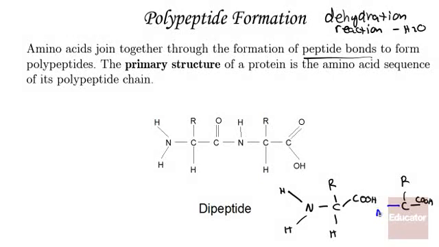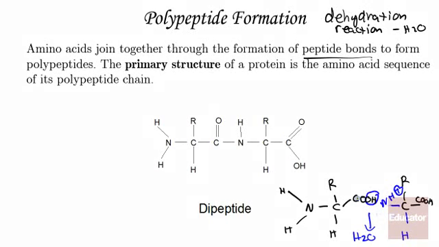Here we have the NH2, and here we have H. Actually, let's write this as NHH. This peptide formation, again, is through a dehydration reaction. So water's going to be lost. So if an OH is removed from here, and an H is removed from here, you're going to end up with